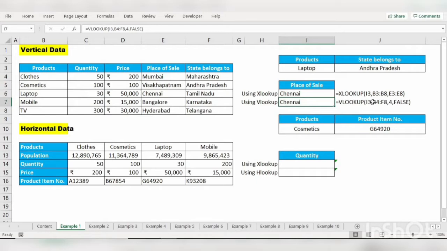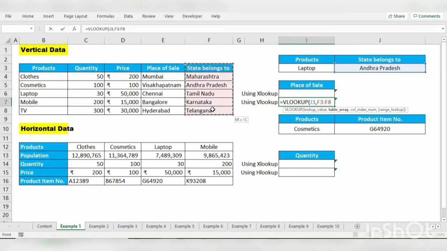Now what is the drawback in VLOOKUP? You can't find your data from right to left. Now I will enter another example. Here we have a column, state belongs to. From state belongs to, we have to pull the data of place of sale. Now here, equal to VLOOKUP, the lookup value is Andhra Pradesh.